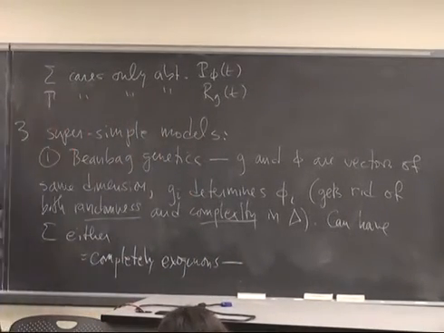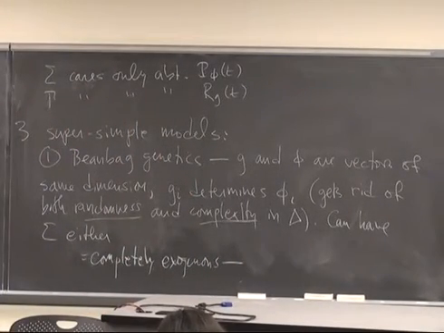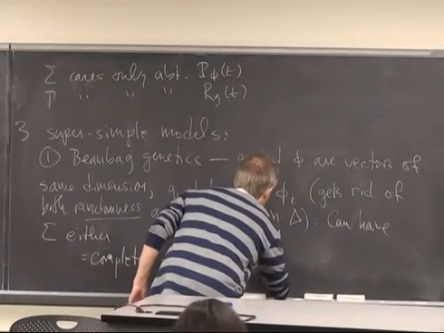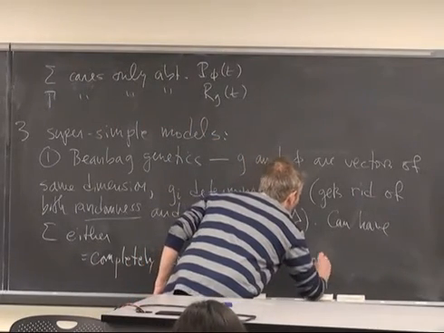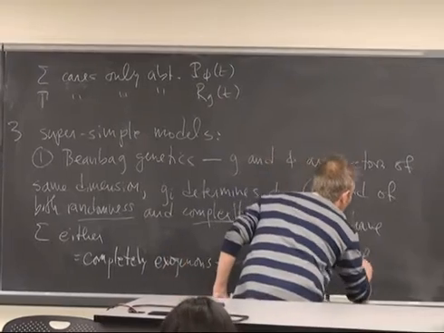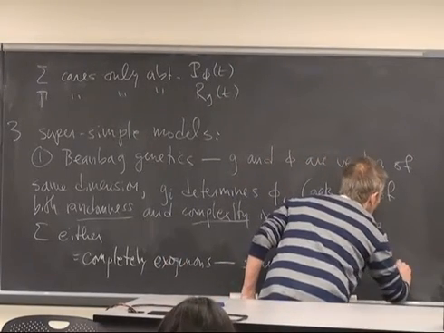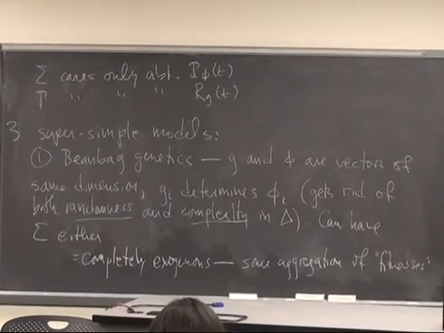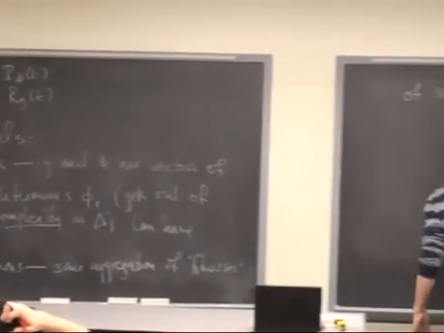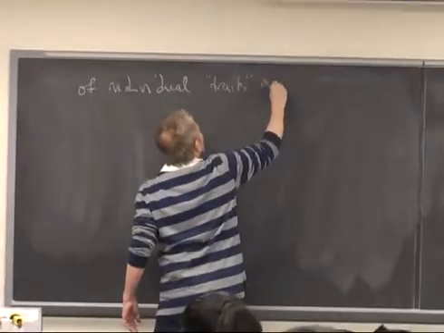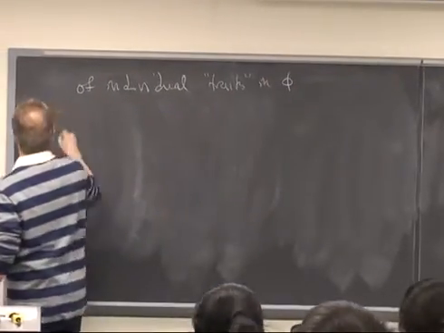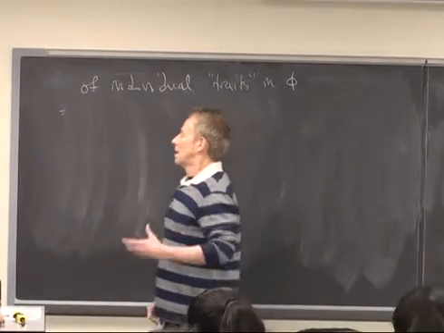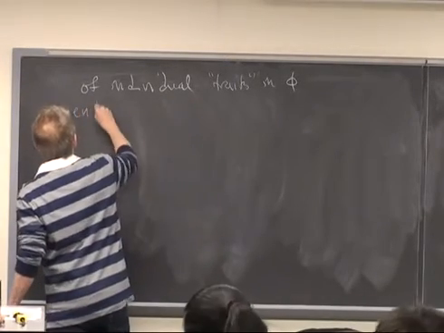And I talked about the words endogenous and exogenous last time. And exogenous means coming from the outside. Endogenous means depending on what's there. And in this case, it's just some aggregation of the quote-unquote fitnesses, whatever they are, of the individual traits in phi. Or you could have it, and this is one I didn't talk about last time, endogenous but still deterministic.